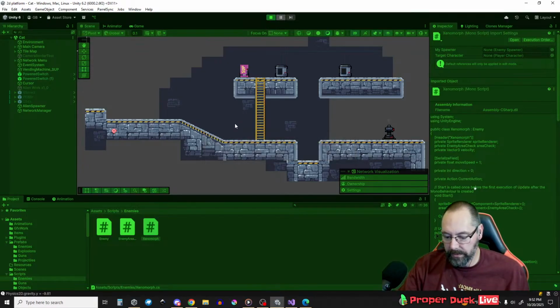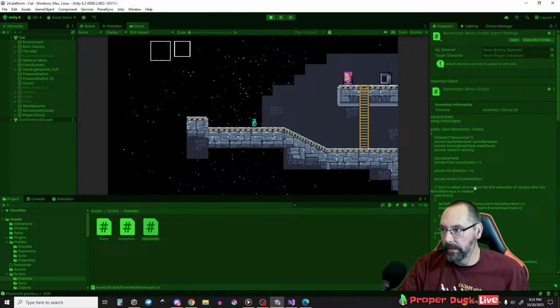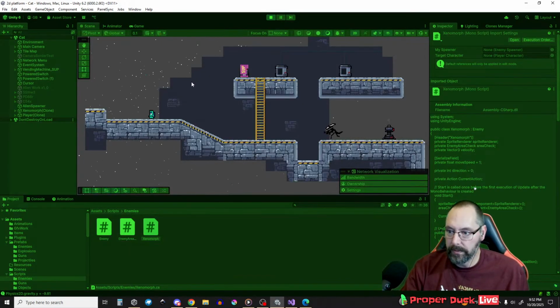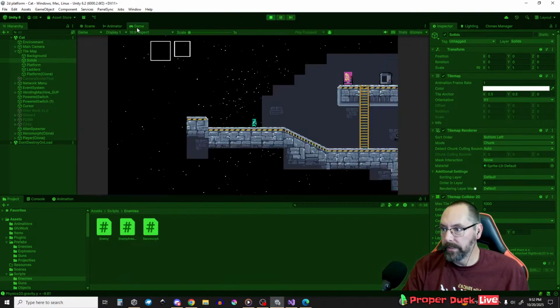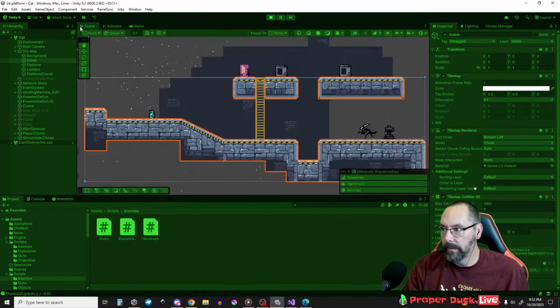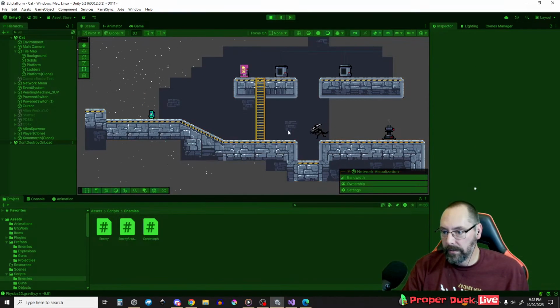What button was it to terminate the current? Is it that one? No. I guess I have to be in game to do that. Okay. He goes down here and he kind of jumps out. So